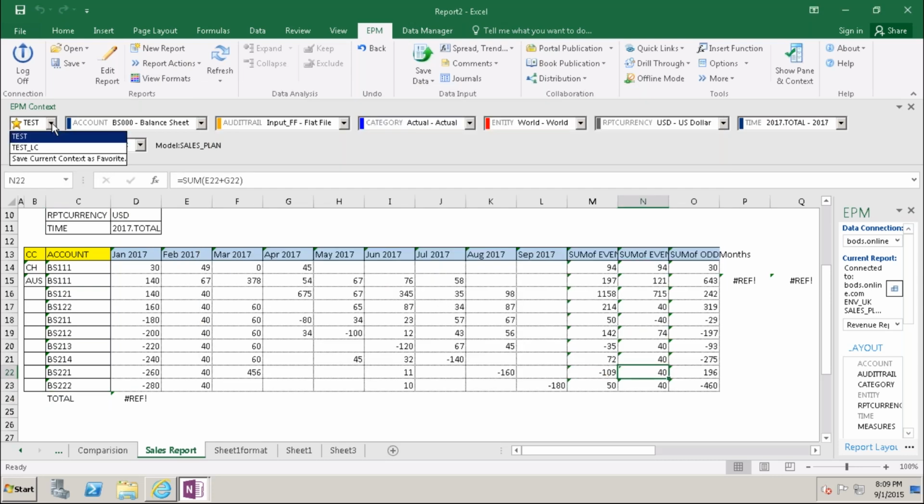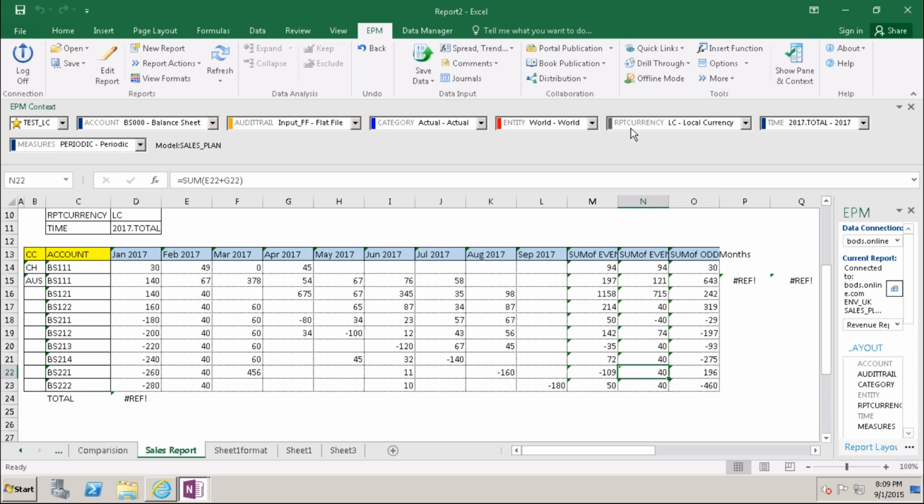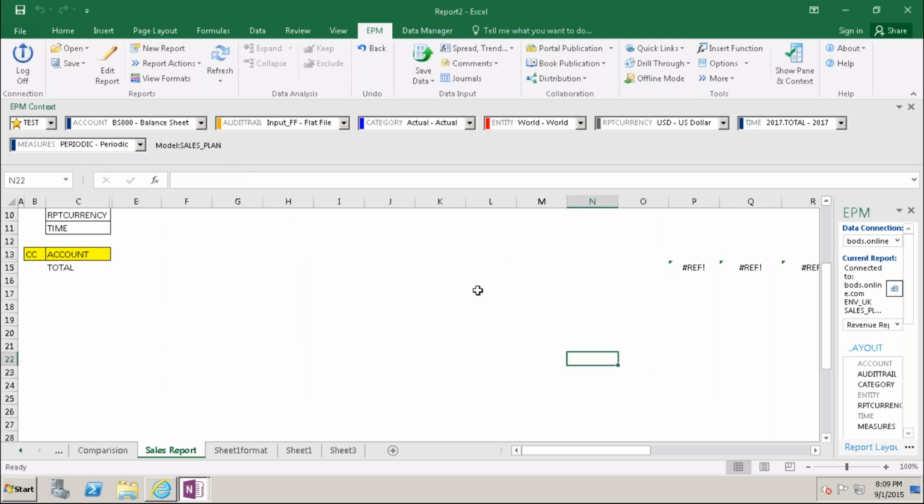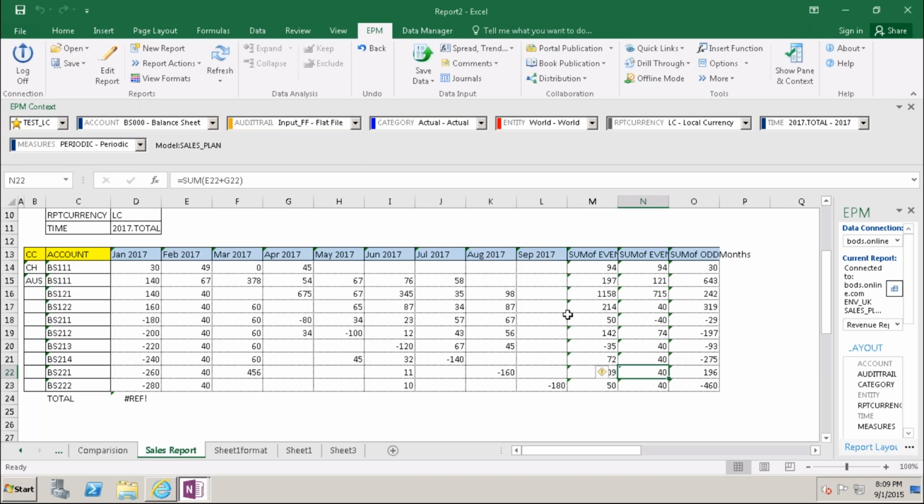Now when I pick test LC, the report shows local currency, and when I pick test, it shows US currency. So when I refresh, the USD values populate here, and in the same report the local currency values populate. Basically, these are the context favorite options we can provide to the user.